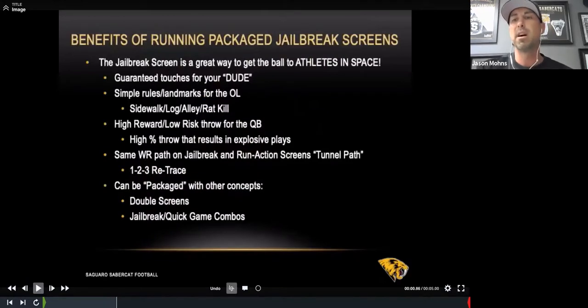So let's jump in and talk a little bit about our jailbreak screens, why we run them, why they're important, and kind of what we get out of them. So just to start, ultimately, offensively, our goal is to get the ball to our athletes in space. And I think there's a misconception when you talk about athletes in space that it's like perimeter game. And obviously the jailbreak is getting the ball out on the perimeter and getting some hats in front of your guys. But for us, athletes in space just means trying to create situations where we get the ball to our